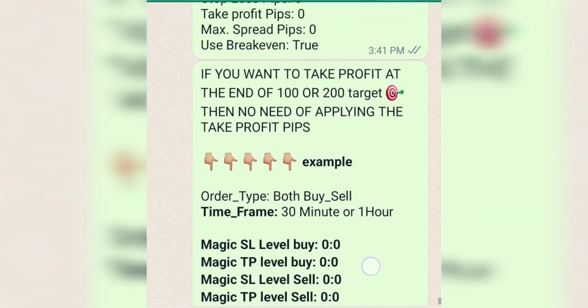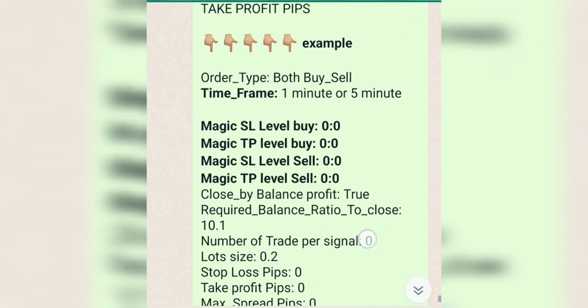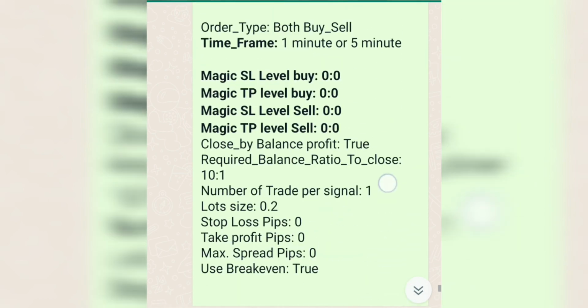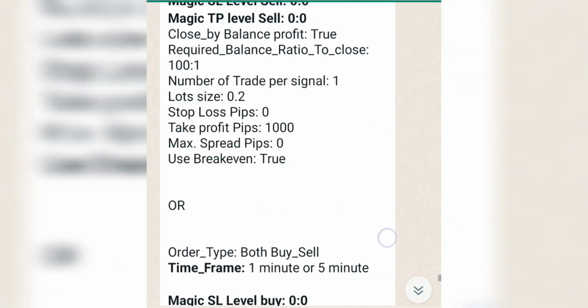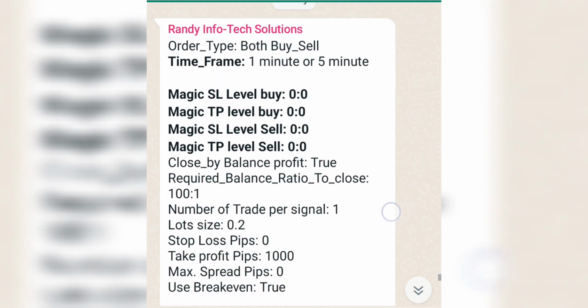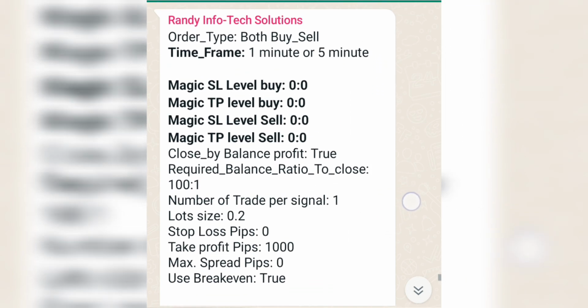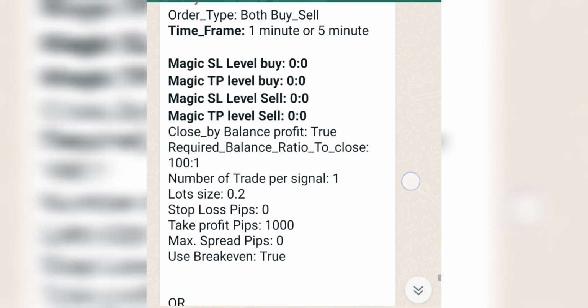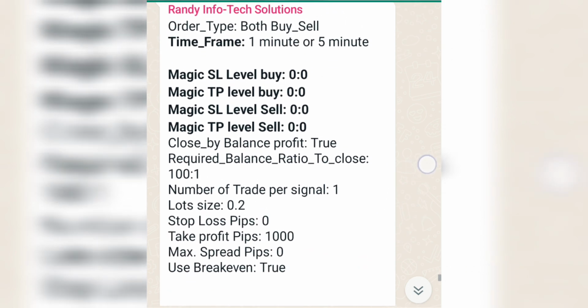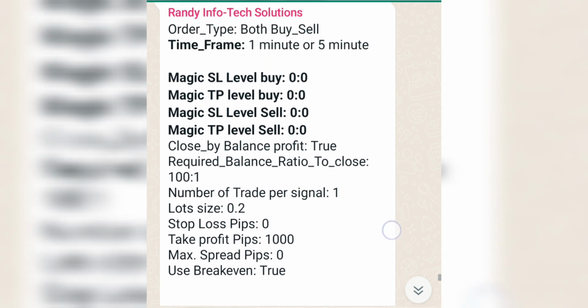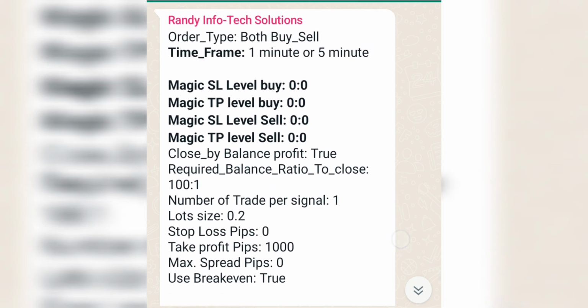I'm here to show you how you're going to enter your parameters on your robot. Now if you have from $500 to $1,000, and you want the robot to be picking trade for you,